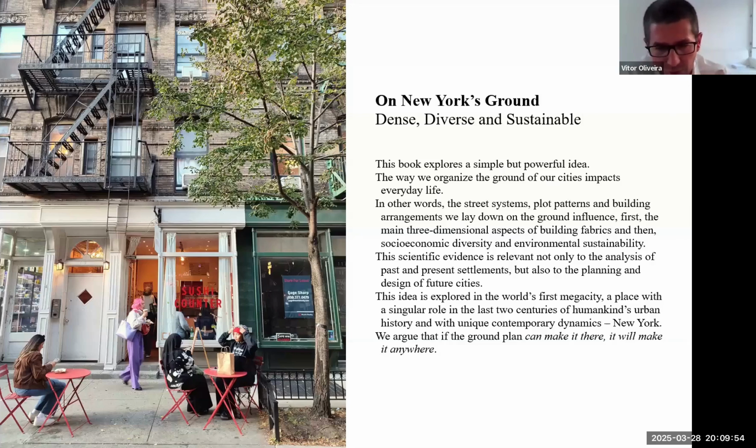We selected New York because of the 1811 plan, but also because it was the world's first megacity. It is a place with a singular role in the last 2 centuries of humankind's urban history. And we argue that if the ground plan could make it there, it will make it anywhere, like in the